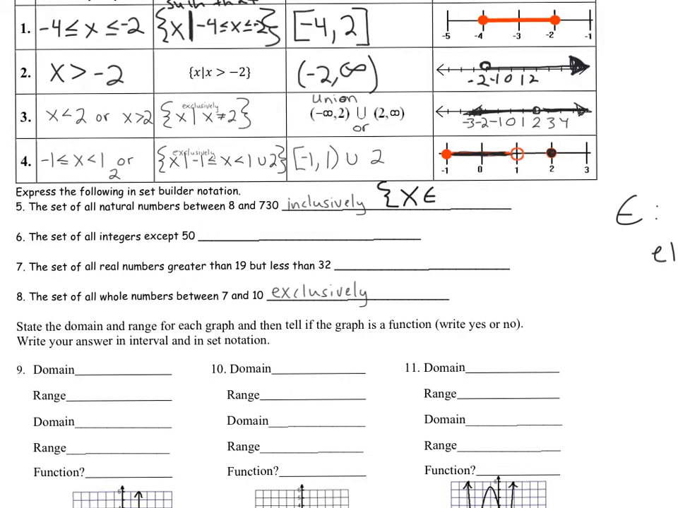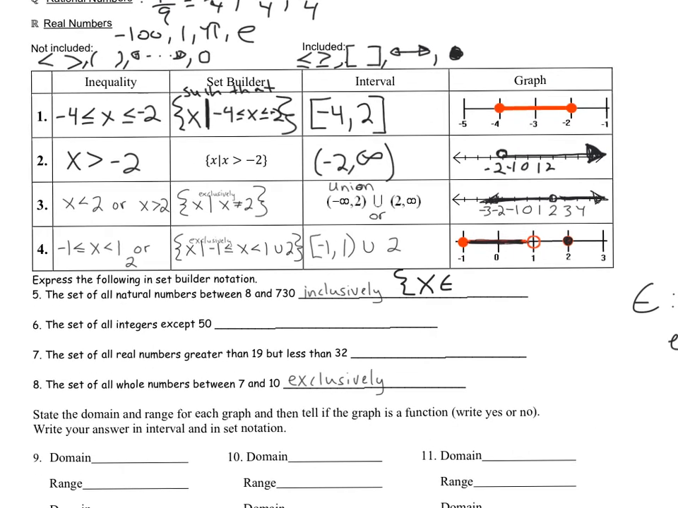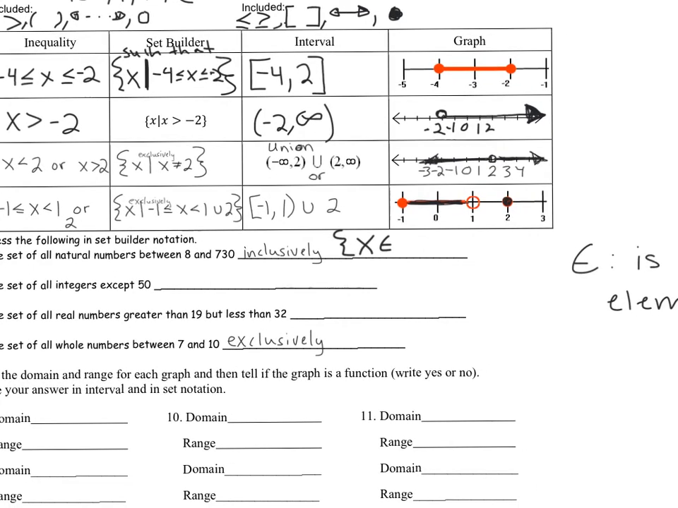Now, we said the set of all natural numbers. So up at the top of our paper, remember what that natural number symbol was? It's right up here. It says the numeral numbers, also known as the whole numbers. We're going to write that symbol in our set builder notation, and so we have something like that. And then we put our line here, our such that symbol. And we say 8,